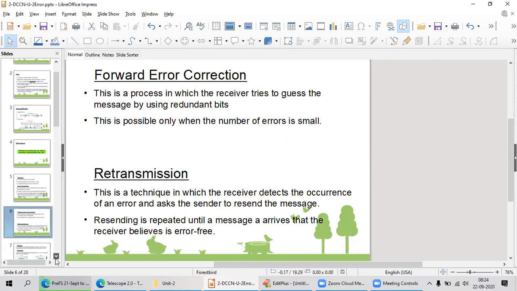Here I am only going to check whether the error is there or not. Error detection is what I am going to do. I am not going to do correction or make any modification or correction mechanism in retransmission. Whenever I find that there is an error, I will ask the sender to resend my message to me.